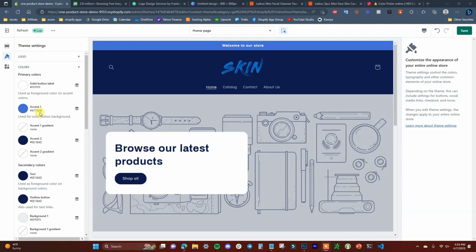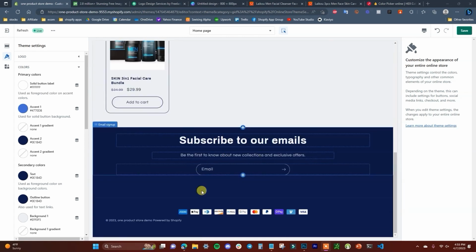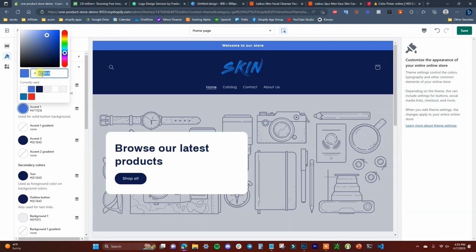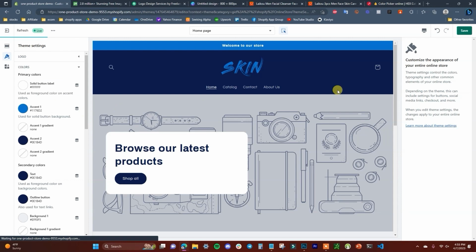So in here is where we can set up all of the primary colors for our store. So these colors we're going to be able to use throughout the entire store editing process. We're going to be able to set up certain parts of our store to show different things based off of the accents and such that we choose. So I'm going to go ahead and set accent 1 to this primary shade of blue. So in order to do that, you're going to need to get the exact hex code from your logo and branding. So you can do that inside of an image editor like Photoshop,